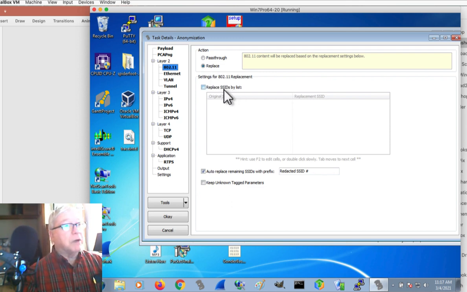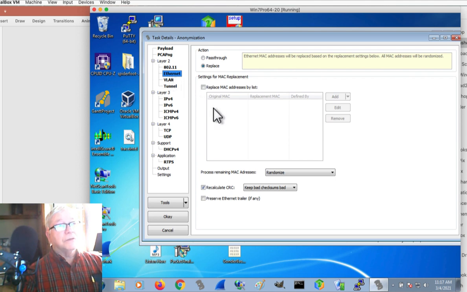So if I want to keep my Wi-Fi SSIDs secret, I could just replace those names. At the Ethernet layer, I could replace the media access control address. I could either pass through the existing one, which is not going to be modified, or replace it, and then Trace Wrangler will choose what the replacement will be.